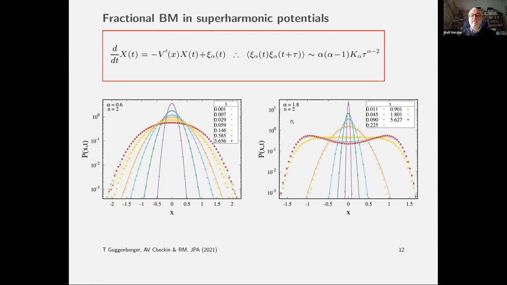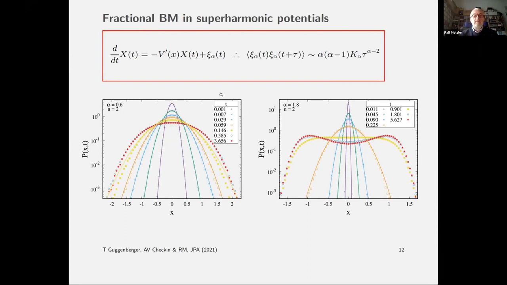When we have a superdiffusive process, alpha equals 1.8 in this case, you see that again, we start with a localized initial condition and it ventures out. It still looks more or less Gaussian, but all of a sudden, when it engages with the wings of the potential, it creates this bimodality, similar to what we saw in the Levy case.